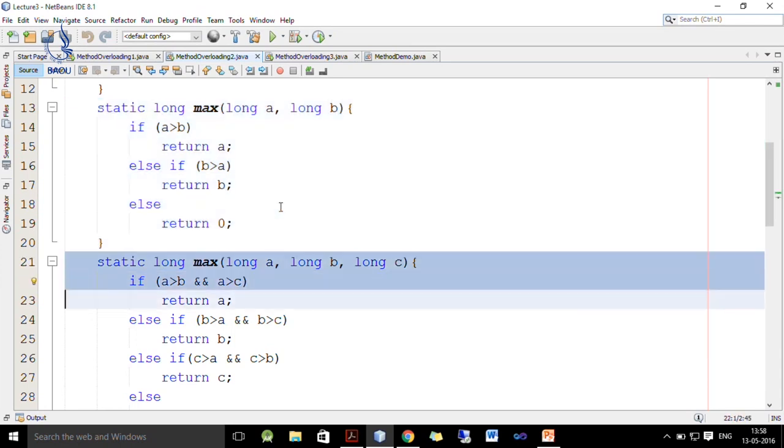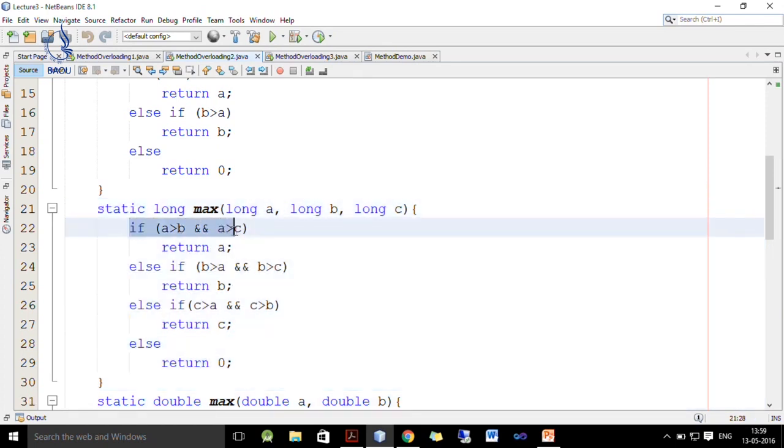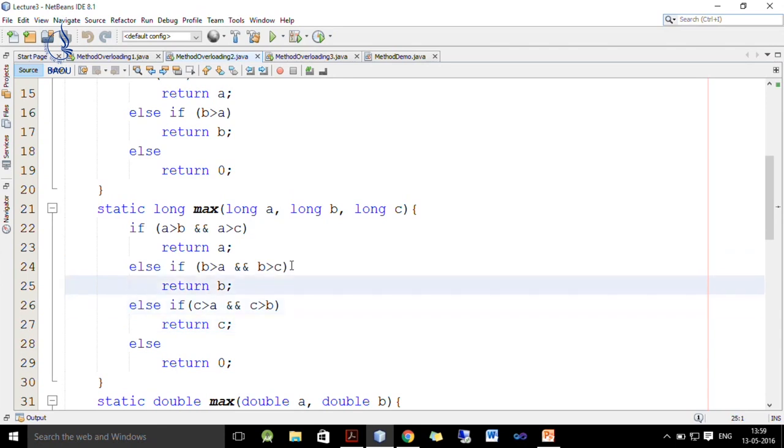Now, in case of 3 arguments, we have to find out whether one variable is greater than the other 2 variables or not. So, here we have parameters a, b, c, and first we check a is greater than b and a is greater than c. So, we can say a is maximum, so we return a. In the second else if we check whether b is greater than a and b is greater than c. So, we can easily say b is maximum, and in that case we return b.